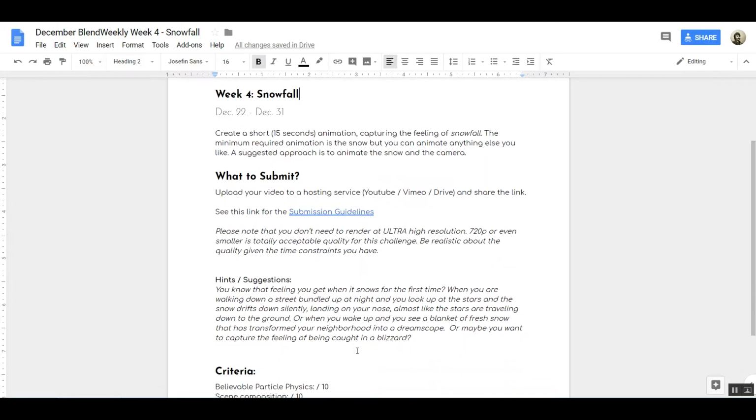What I'm looking for really is trying to capture not just the appearance of snowfall, but the feeling of when snow is falling for the first time in the winter, or when you are experiencing a shock of snow that suddenly comes upon you, like either a blizzard, or you open a door or a window and you see that it's snowing. That feeling of experiencing that for the first time in the winter would be what I'm hoping to capture